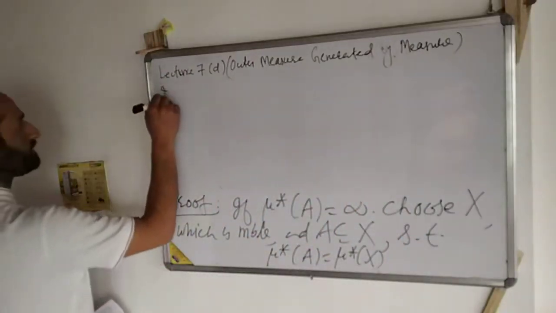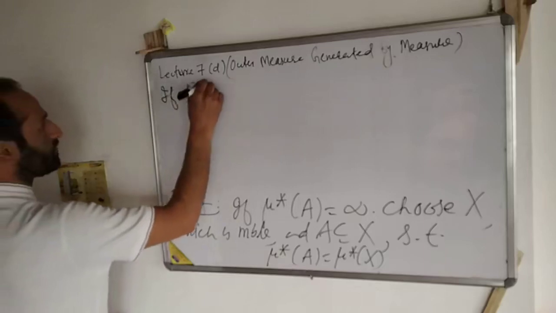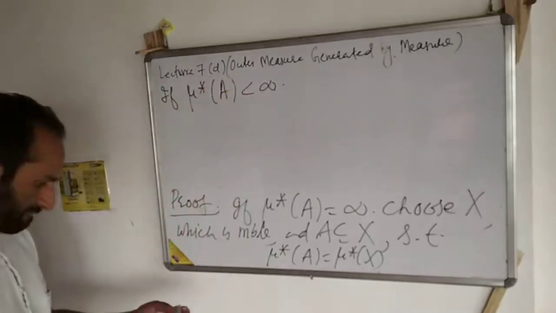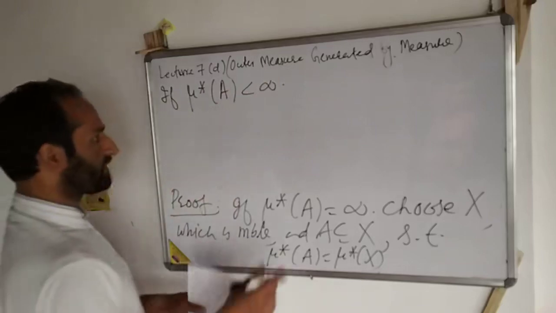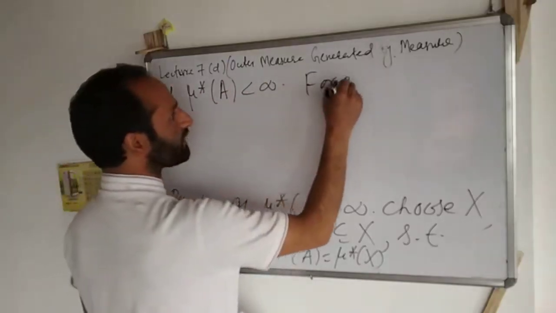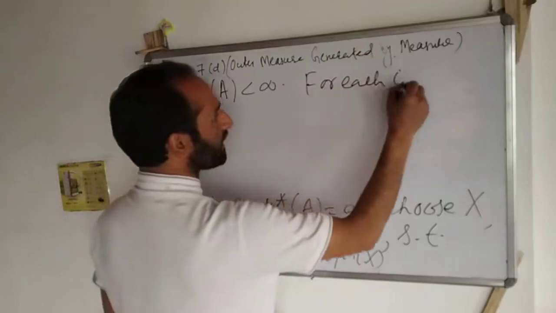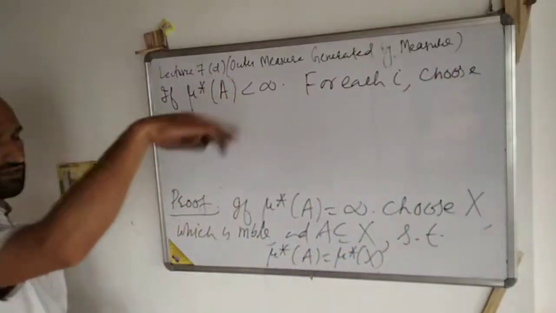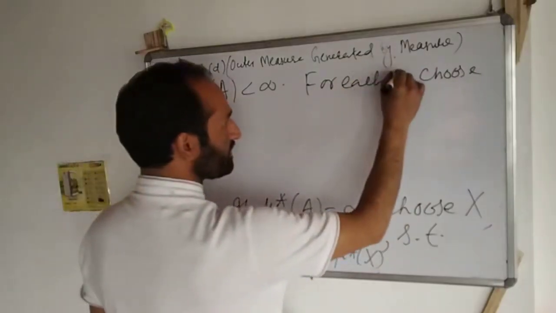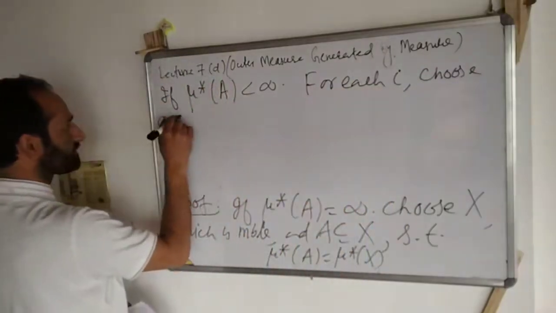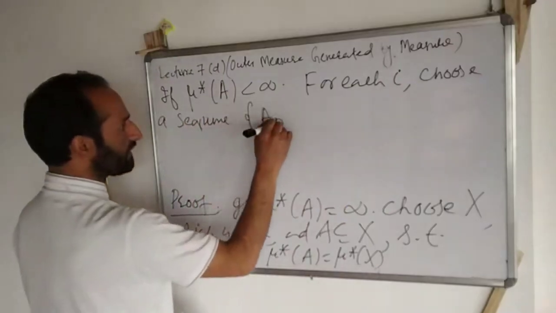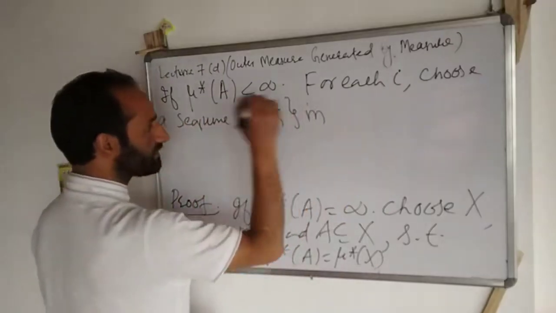If mu star of A is finite, now for each i, this can be treated as epsilon equal to 1 by i. For each i, choose a sequence A_{n,i}